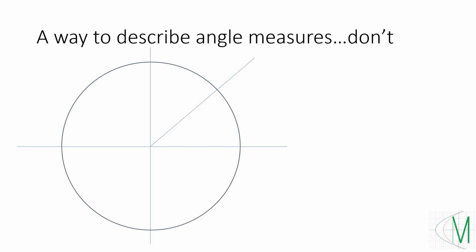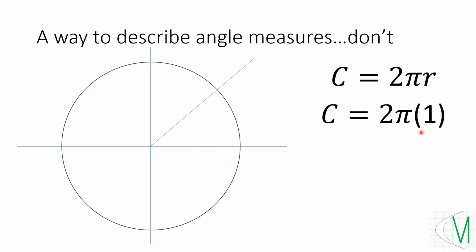So to do that, we have to start off by figuring out the formula for the circumference of a circle. Well, the formula for the circumference of a circle is 2 pi r. Everyone always says pi r squared. That's area. Circumference is 2 pi r, 2 times pi times the radius. Now we just said that because this is a unit circle, the radius is 1. So if the radius is 1, I can just plug 1 in for r, and the circumference of the circle, if I walk all the way around the outside, ends up being 2 pi